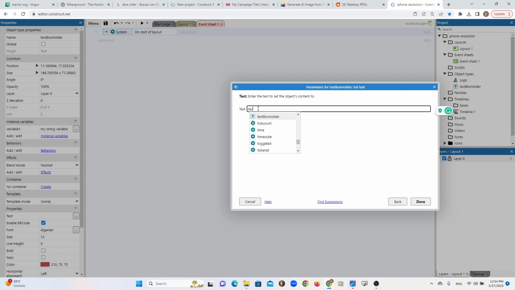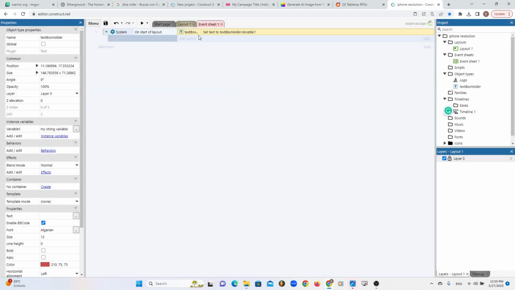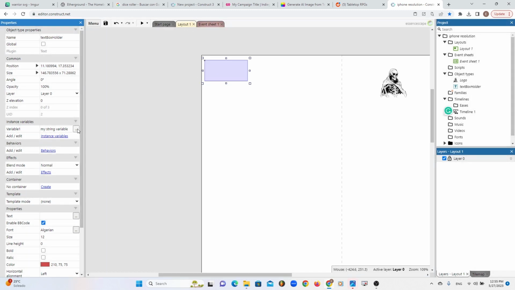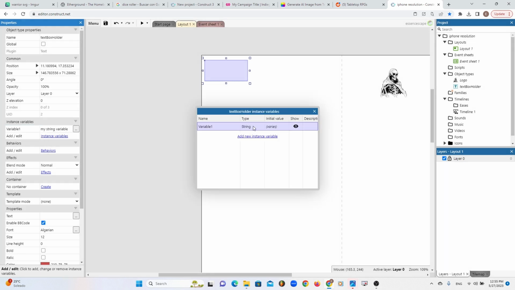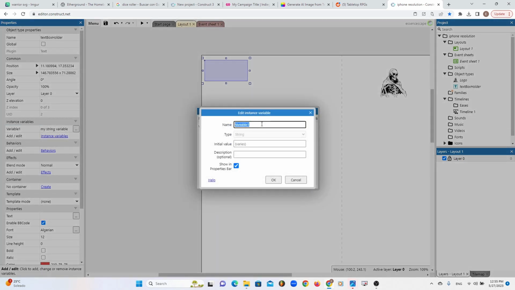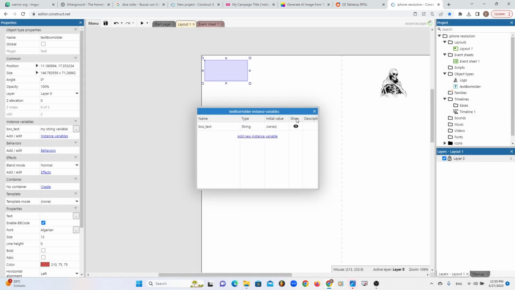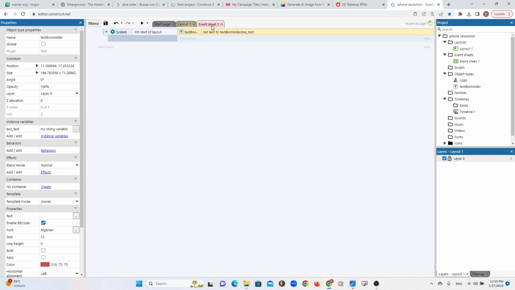So I go to text box holder dot variable one. That's the name of the variable. That's not a good name for the variable, so I'm gonna change it to box text, right? So it says on start of layout, set the text of each text box to its own box text variable. And when we do this,